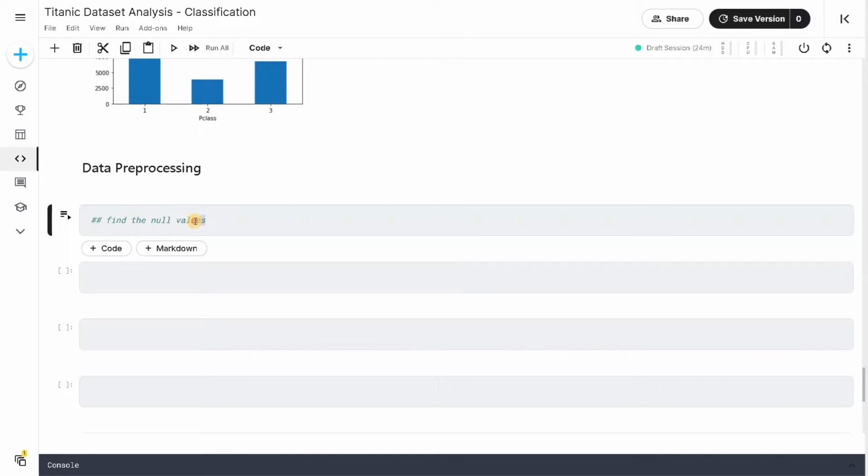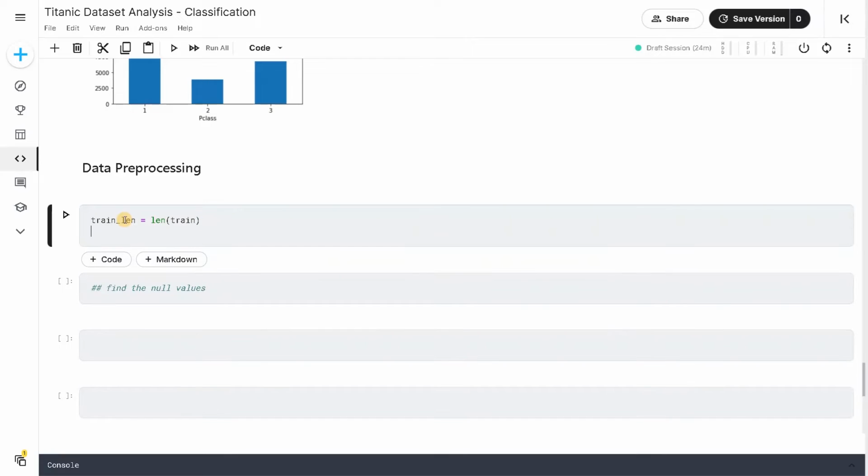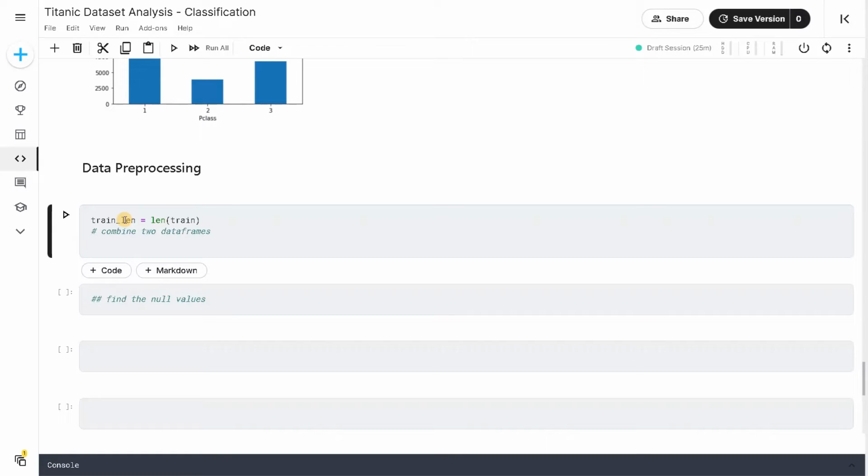So before doing this, we can combine both the train and test data, so it will be easier for us. So first we will have the train data set length. So I will call it train length equals length of train data frame. Now combine